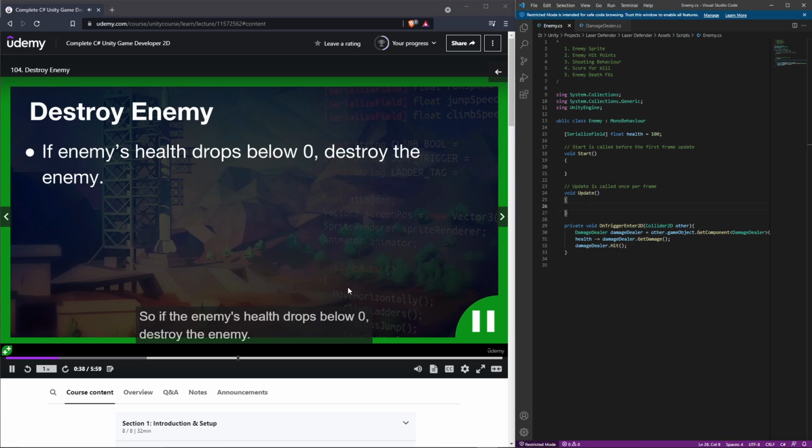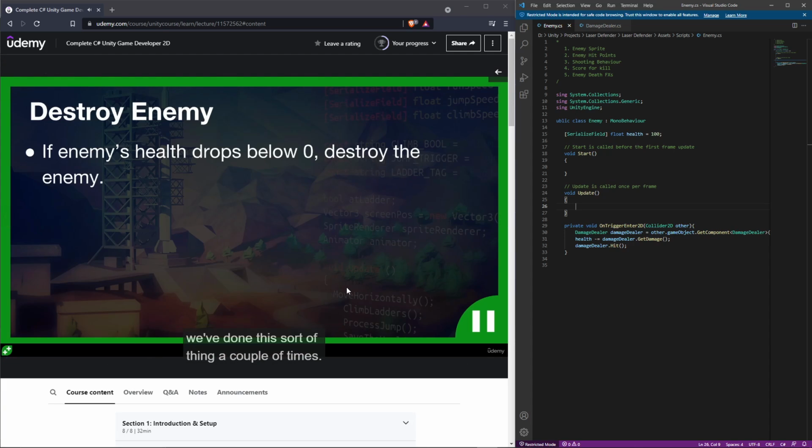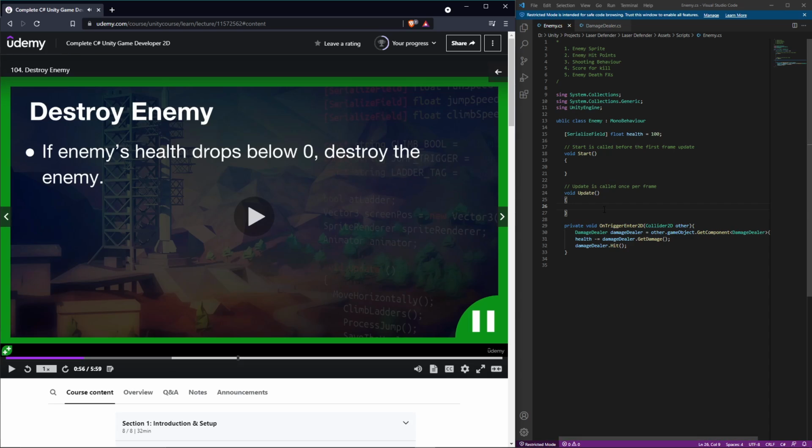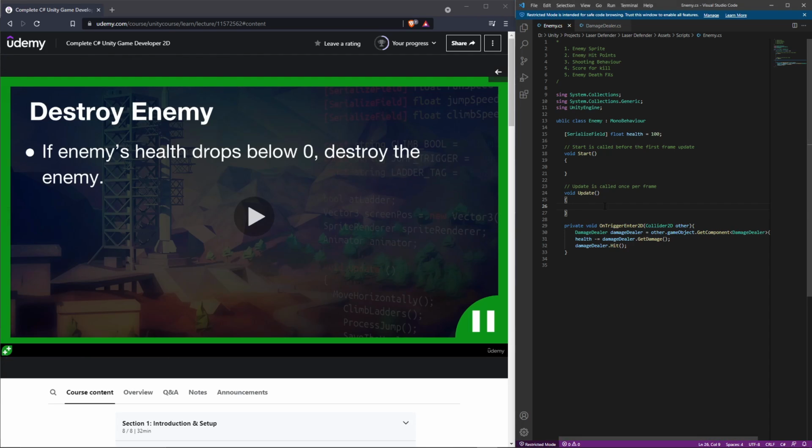Challenge time. Alright, so this challenge, we're going to destroy the enemy when the health becomes 0. So I think that should be pretty easy. We're just going to do an if statement, say health is less than or equal to 0, because we've got